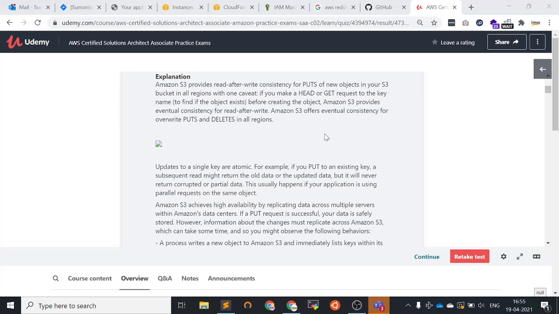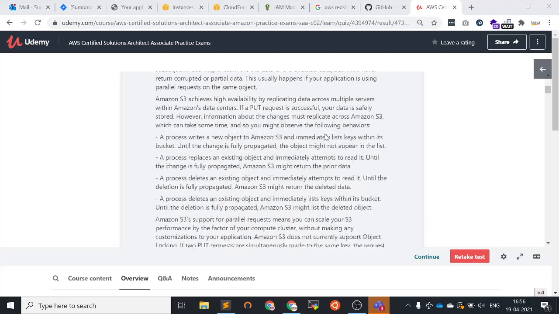Amazon S3 achieves high availability by replicating data across multiple servers within Amazon data centers. If a PUT request is successful, your data is safely stored. However, information about the changes must be replicated across Amazon S3, which can take some time, and so you might observe the following behavior.